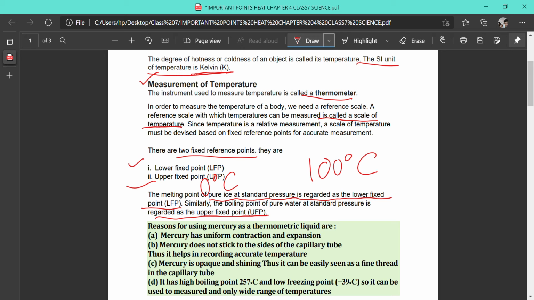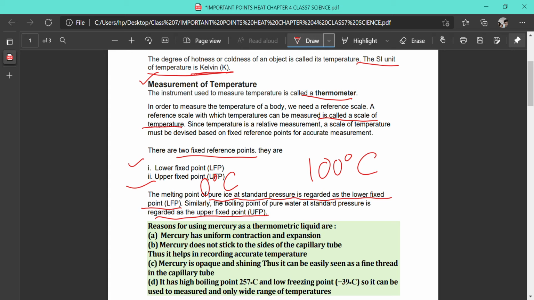In the case of the clinical thermometer, the normal body temperature in Celsius is about 37 degrees Celsius. In the other scale, the Fahrenheit scale, the normal body temperature is about 98.4 degrees Fahrenheit. One more thermometer I talked to you about is the minimum and maximum thermometer. What is the function of this thermometer? The minimum and maximum temperature of the previous day reported in the weather reports are actually measured by this type of thermometer, known as the minimum and maximum thermometer.